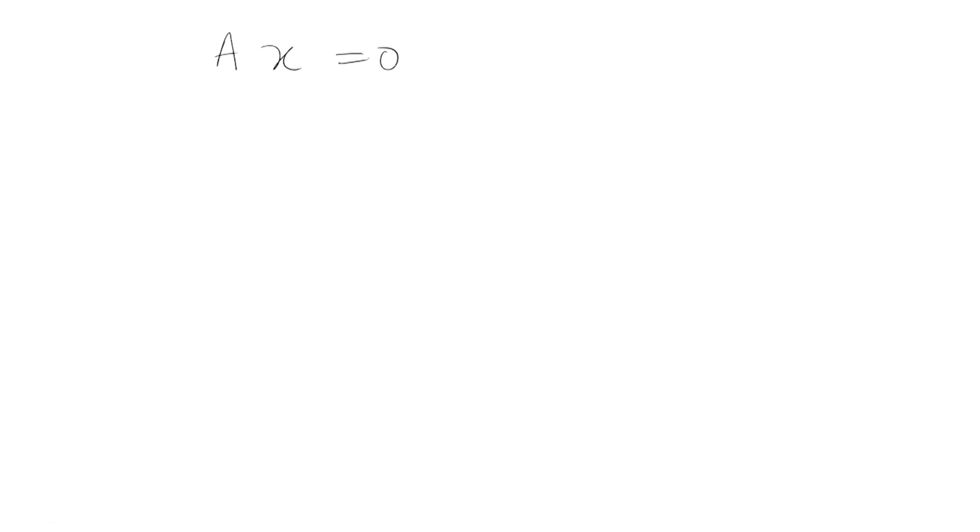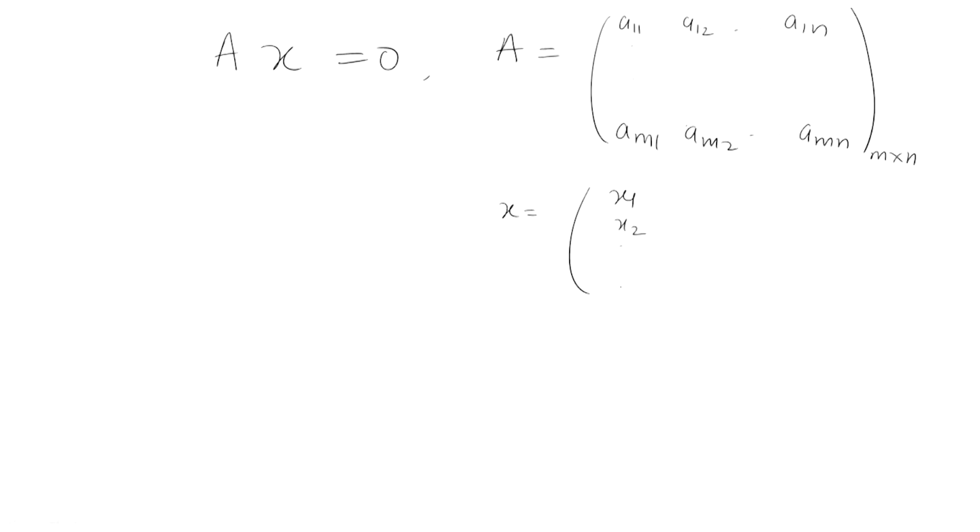So, in the last lecture we have seen how we can solve a homogeneous system of linear equations. We have seen that if we have a system of equations like Ax equal to 0, where A is a matrix of order m cross n, with entries A11, A12 up to A1n and Am1, Am2 up to Amn, and x is a vector x1, x2 up to xn, which is n cross 1. This A is called the coefficient matrix and this x is called the unknown vector, which is to be found out.